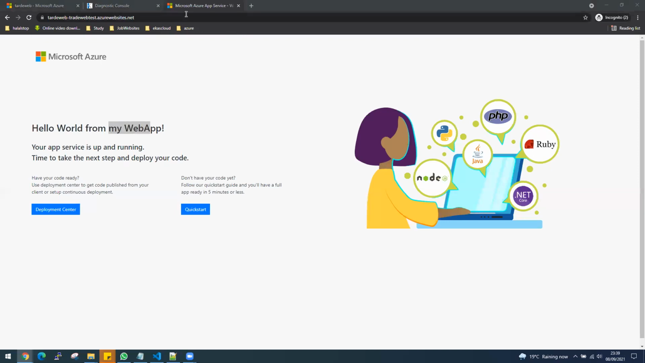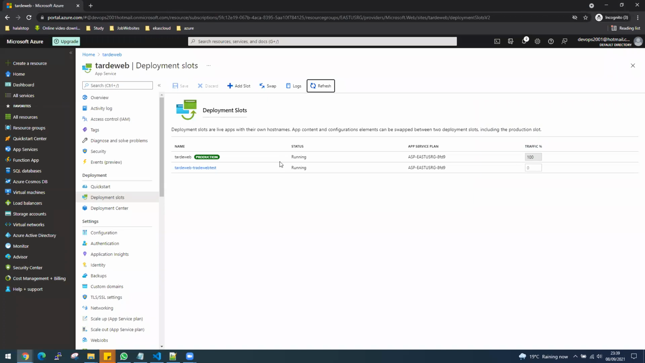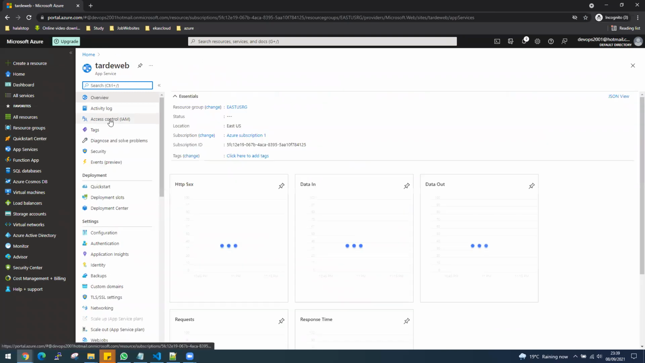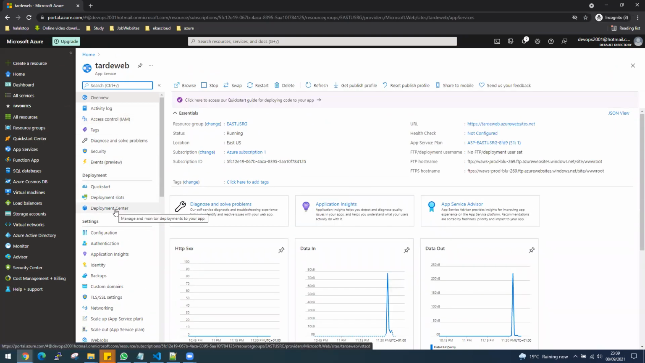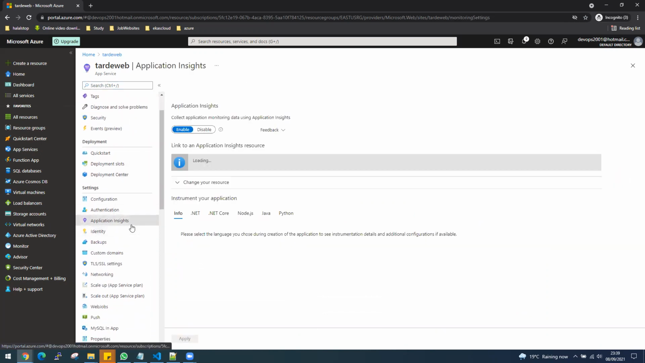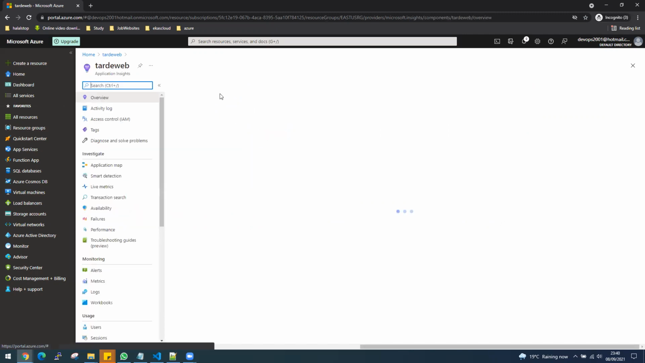Let me move these ones aside. I'm just going to show you another interesting thing here. So that's done. Now, if you want to monitor what type of traffic or how much traffic is coming in, if you go back to our main app, and in this app, if you look for insights, application insights, enable it. So this is enabled at the moment. If you do view application insight data,